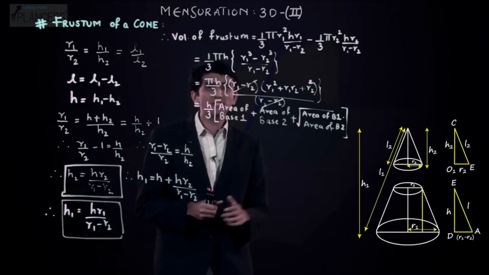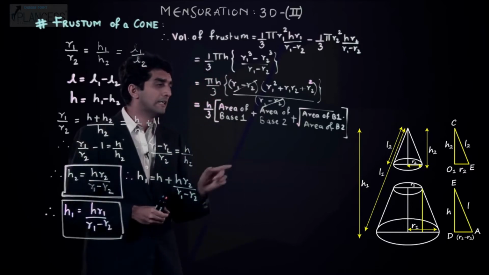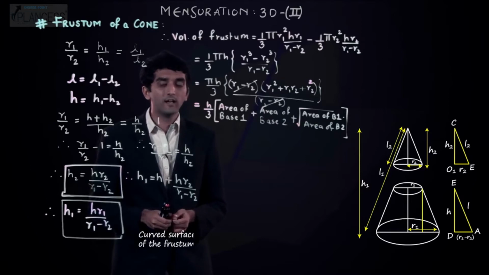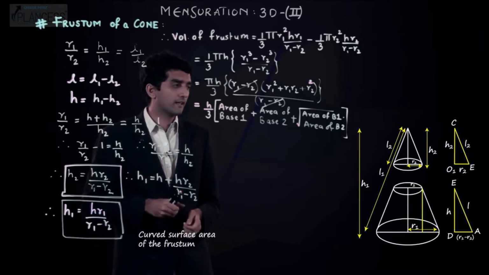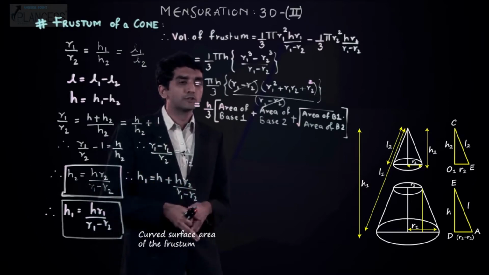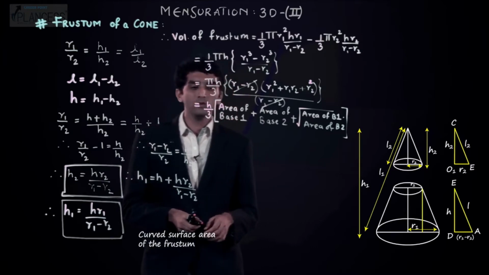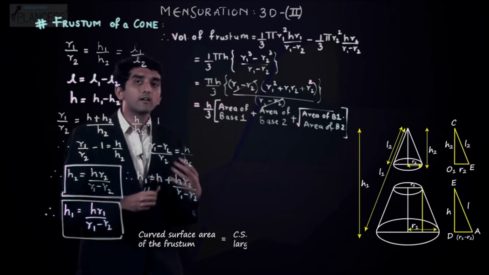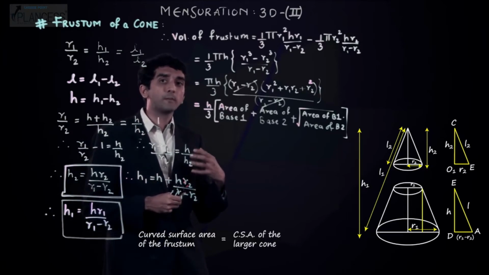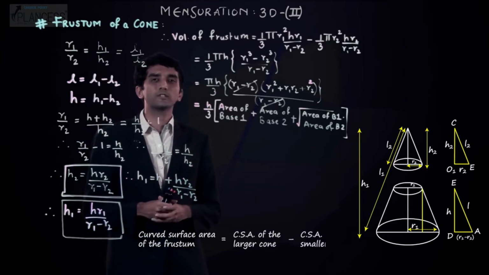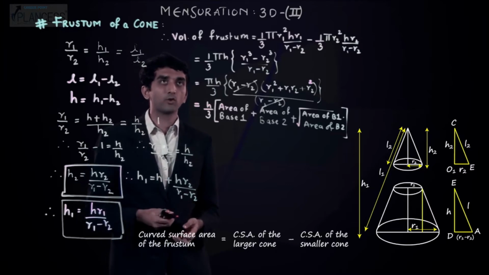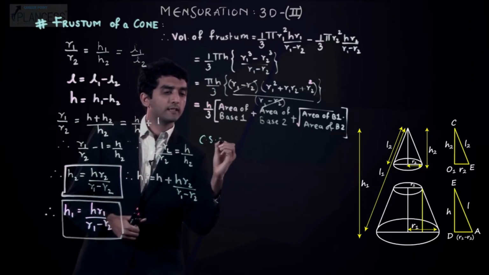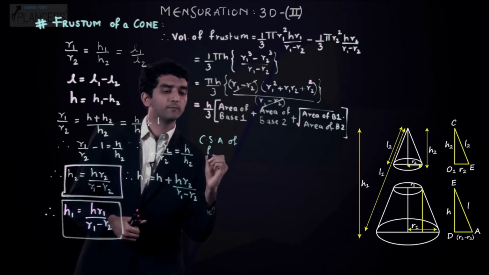Now let's move to the second interesting thing. The second interesting thing is about the curved surface area or the lateral surface area of the frustum. So it is very evident now that the curved surface area of the frustum is going to be the curved surface area of the bigger cone minus the curved surface area of the smaller cone. So curved surface area of frustum